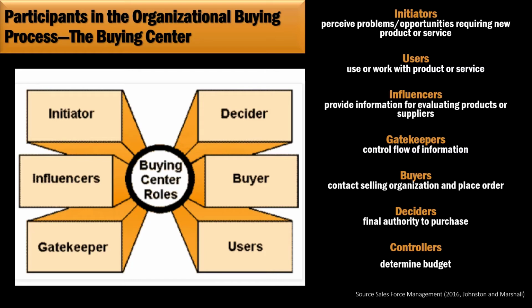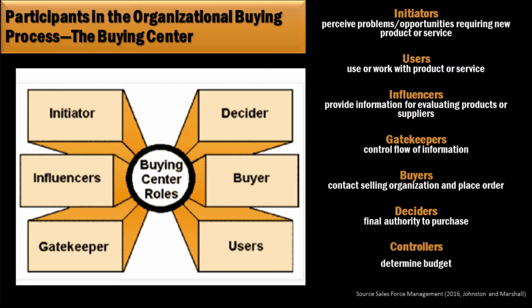So this is a listing of some of those types of roles that are pretty common across buyers. You have initiators, who are basically those people who perceive there's a problem that the organization needs some solution for. You have users. Those will be people who, when the product is bought, will actually use the product. Influencers are people who may not be involved in the actual buying process, but they influence the outcomes of it. So these are people that the buyer or the buying committee or the buying team may talk to that have some influence on the outcome.